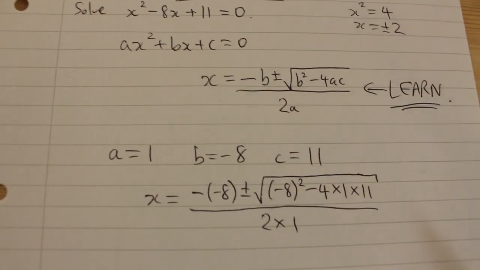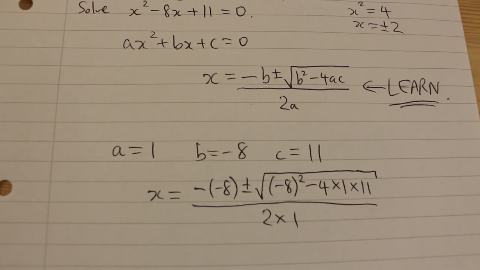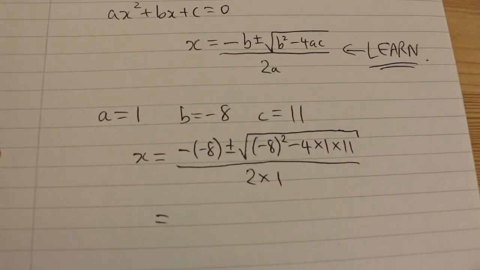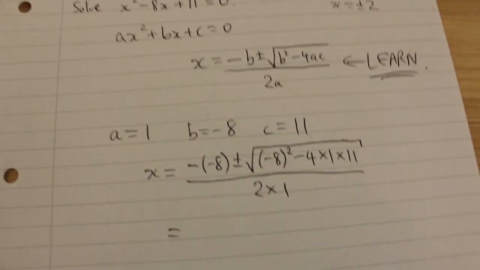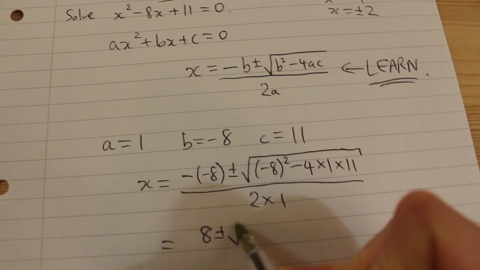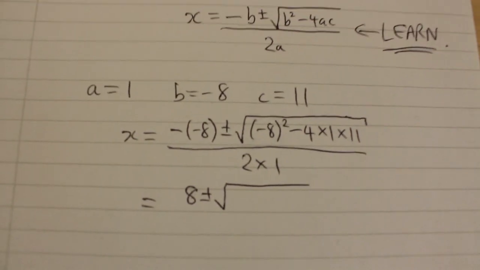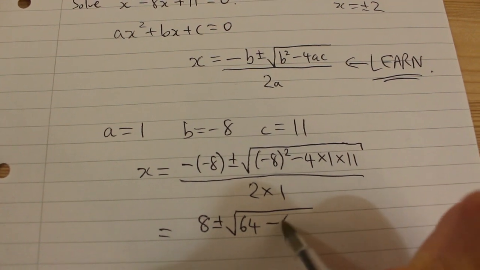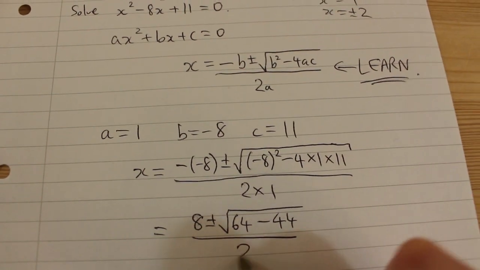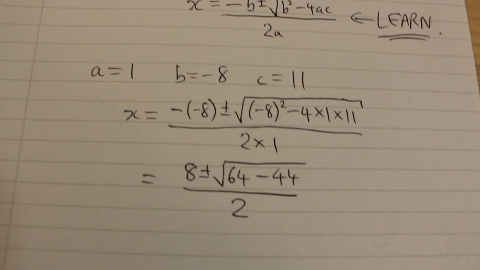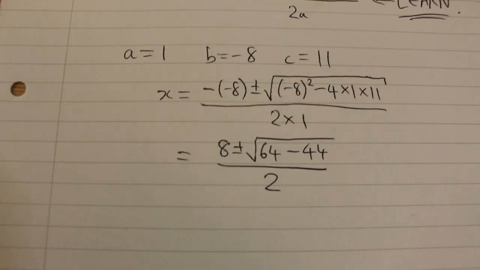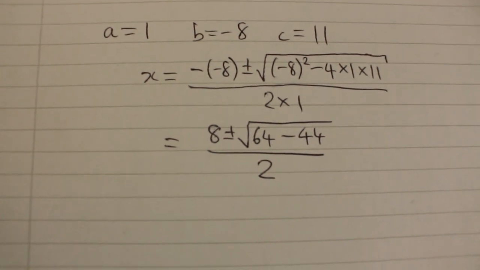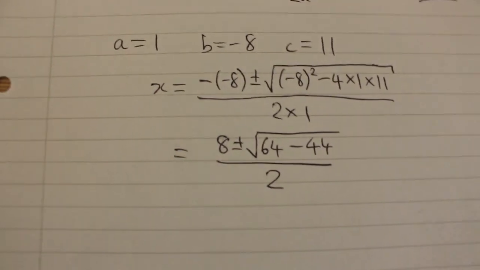So this sort of question would be on the calculator exam. Okay, so let's work this out then. So minus 8, well, at this stage you can put it into your calculator, but I don't like calculators very much, so just go ahead and work it out. Minus 8 squared, that's 64. Then we've got minus 44 all over 2. And we don't really want to do a lot of things with surds today, so now if you put this into your calculator,